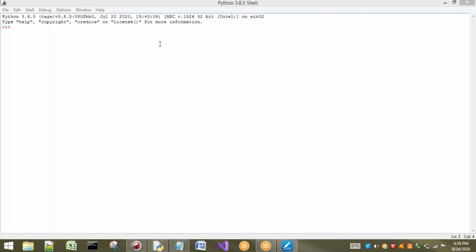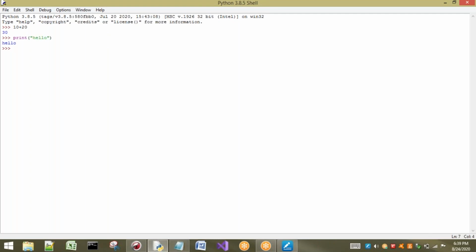What is the use of this IDLE? If you want to execute any type of operation, we can execute here directly. As we have seen in the previous session, it can also act as, for example, a calculator. If you want to perform arithmetic operations, directly we can enter here. In the same way, multiplication or addition or any other thing, we can perform here. Now I want to print something onto my monitor. For example, print hello.